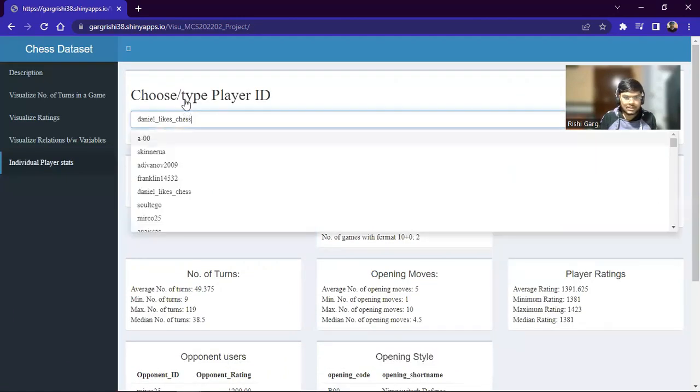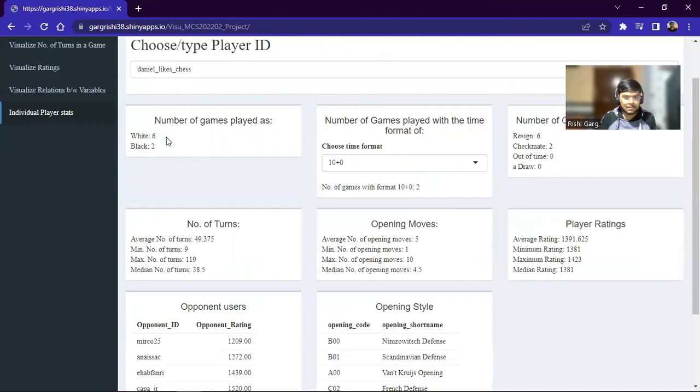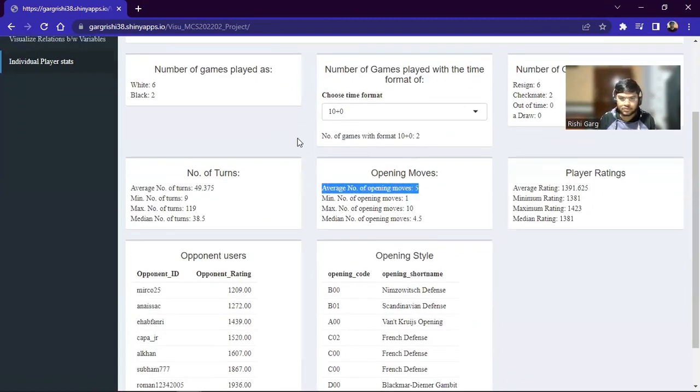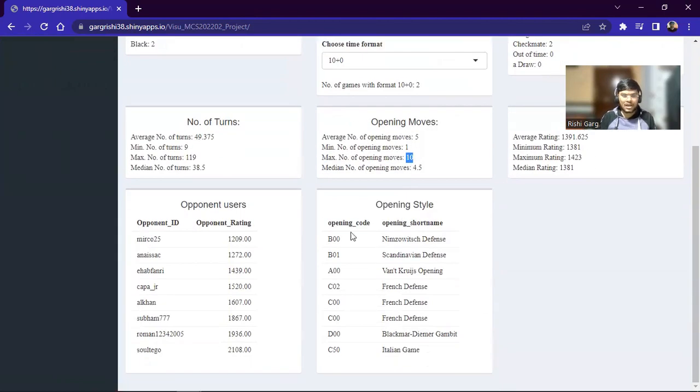So by default, it is selected as daniel_likes_chess. So this is the user ID of a player, and we can see the summary of this player. This player played 8 games, and out of which he played 2 games with the time format of 10 plus 0, and the average number of opening moves in all the 8 games was 5, and the maximum number of opening moves was 10. And the opponent user IDs were these 8 IDs,